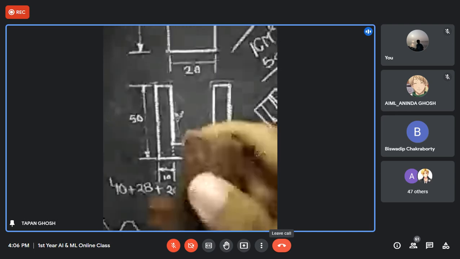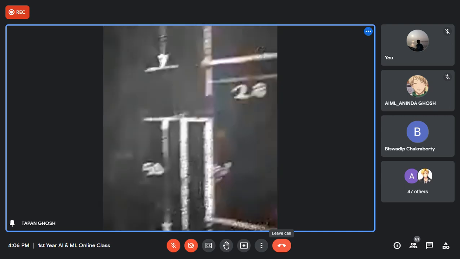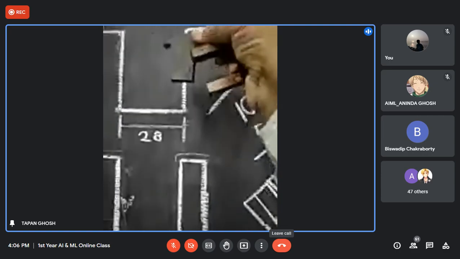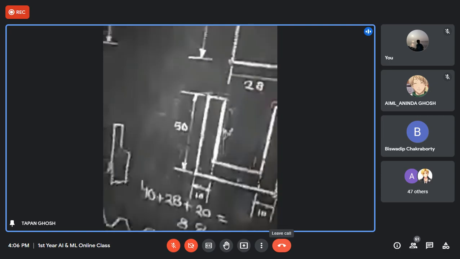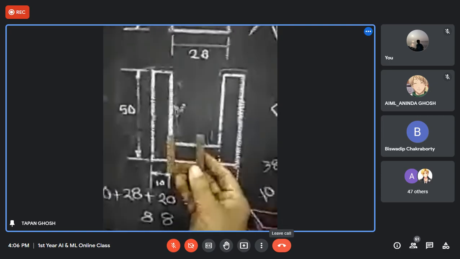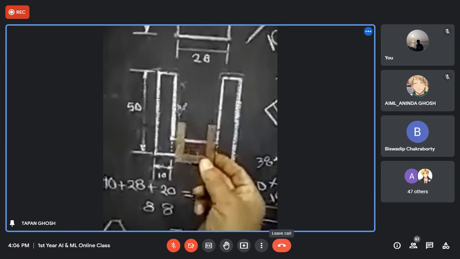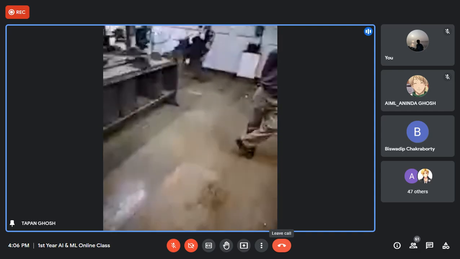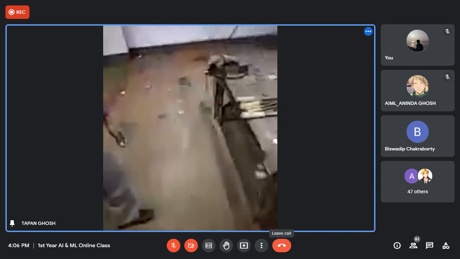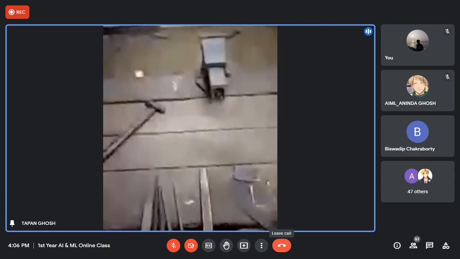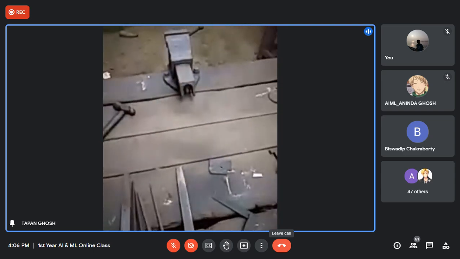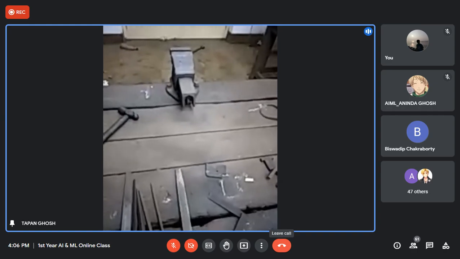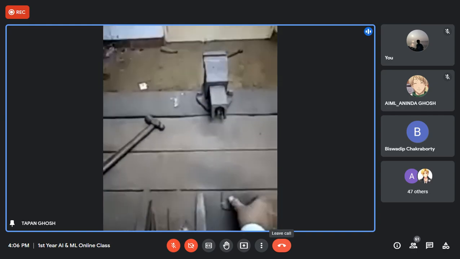So you see the job here. One piece is here like this. This is one, this one, this one, and another is here, this one. First you have to mark on the metal piece after rubbing the chalk, and then transfer your drawing onto the metal piece, and as per the drawing you have to do cutting and filing and make it the same shape.